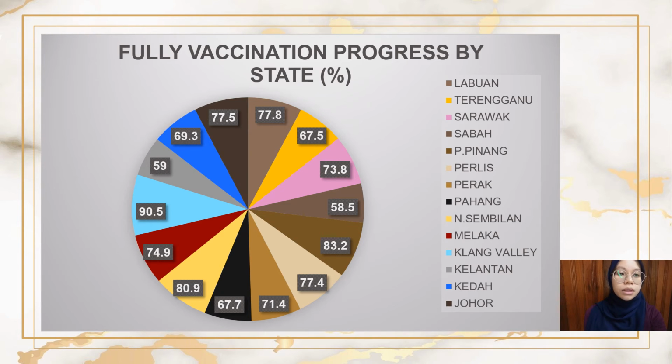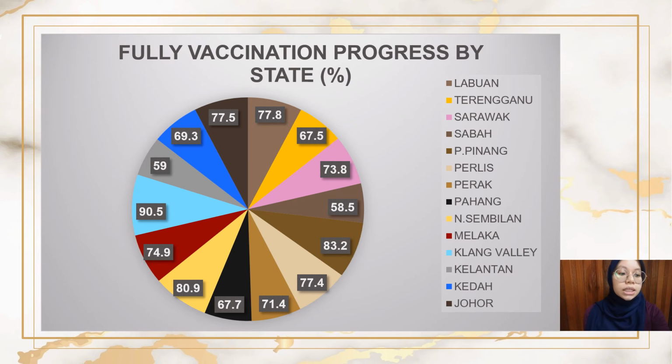77.4%, Perak 71.4%, Pahang 67.7%, Negeri Sembilan 80.9%, Melaka 74.9%, Klang Valley 90.5%, Kelantan 59%, Kedah 69.3%, and the last one is Johor